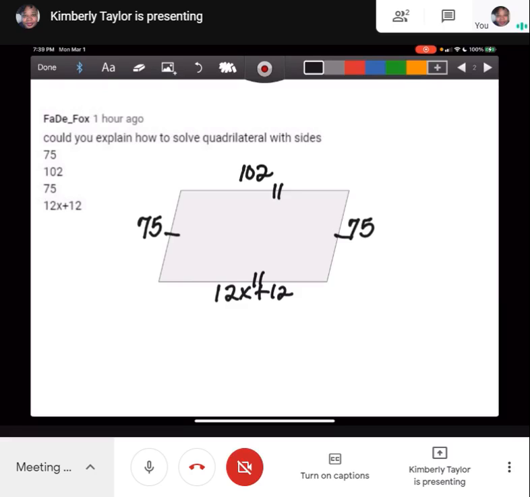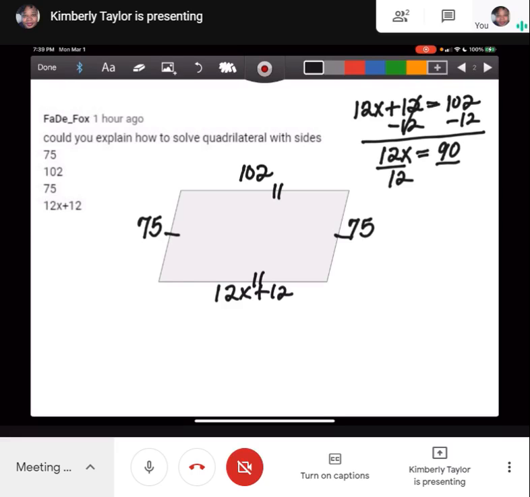So since the opposite sides are congruent, I'm going to set these two quantities equal to each other. So I'm going to say 12x plus 12 is equal to 102. Subtract 12 from both sides, get a zero pair. We have 12x is equal to 90. Divide both sides by 12. And so x is equal to,